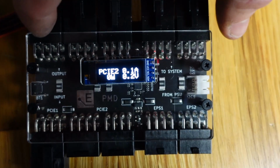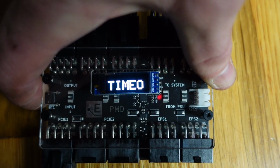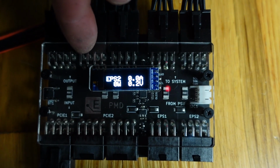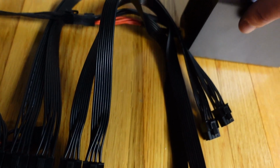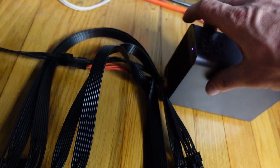So now I want to show this too. I'm going to calibrate this, right? So if I hold this button down, timeout, speed, address, cal, and then I'm going to push and hold again, done. So it's calibrated. It says it's pulling 0 amps, 0 watts now, correct? So now, let me turn this on. What's it set to? Looks like we're at...